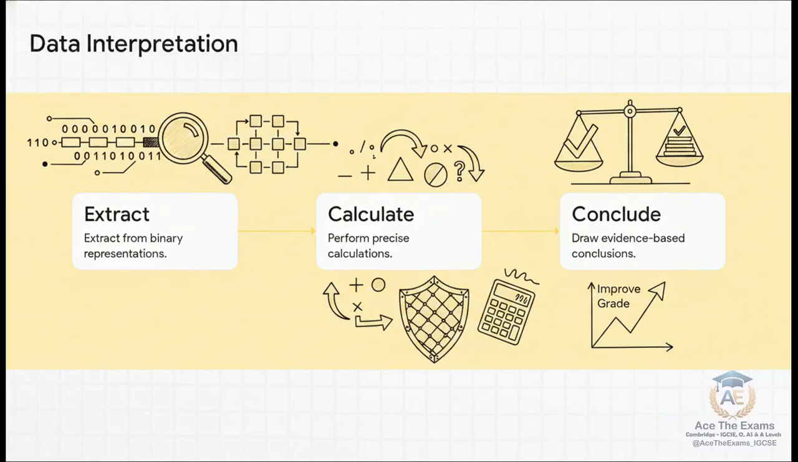Here is the absolute key takeaway. Even if your final calculation or conclusion is slightly off, extracting that data logically and showing your step-by-step decoding is where you secure those critical method marks. Those method marks act as your parachute